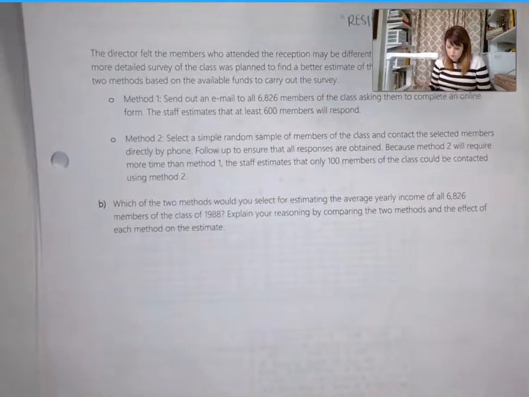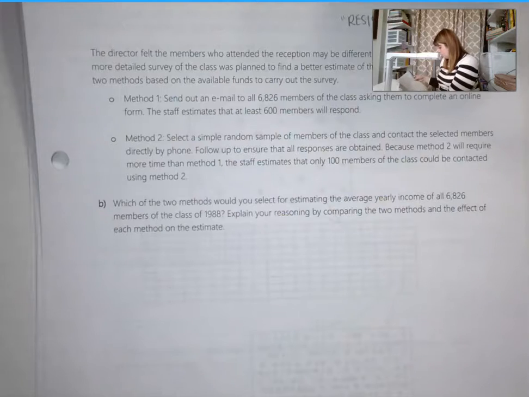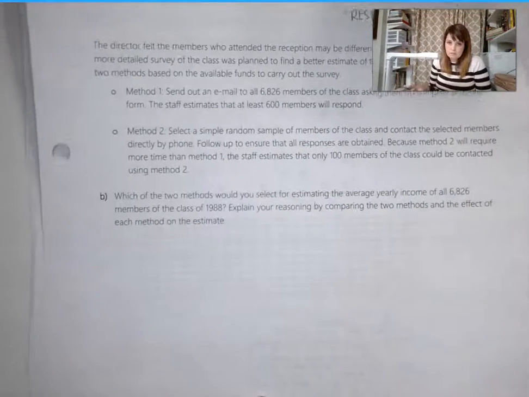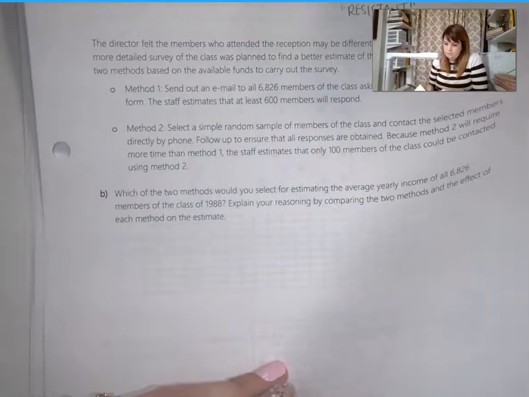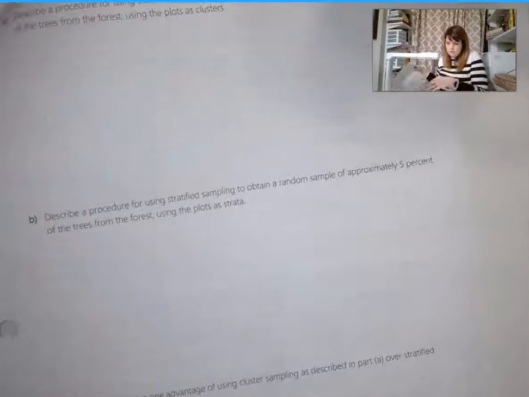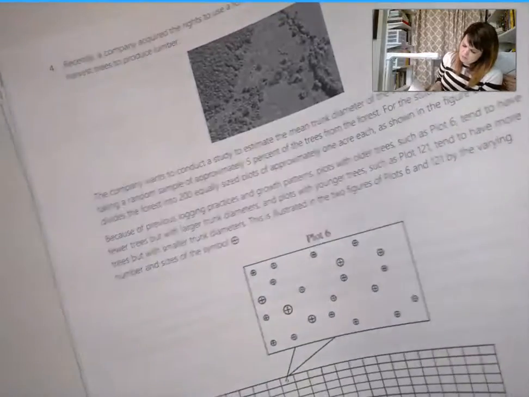Number 2, which of the 2 methods, or part B, I think that one's okay. Yeah, I think that you're okay on B. Okay, C. C, I think that you guys will be okay. I don't know why I said C. Number 4,